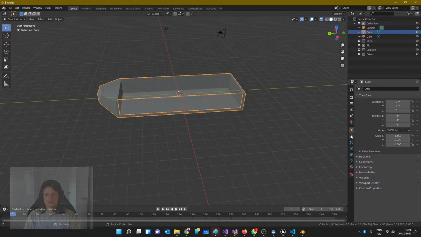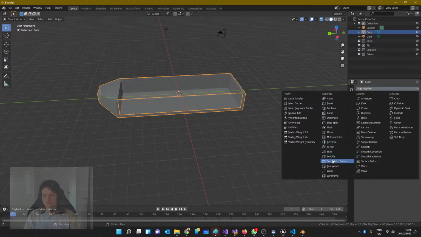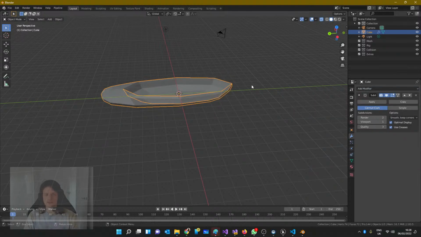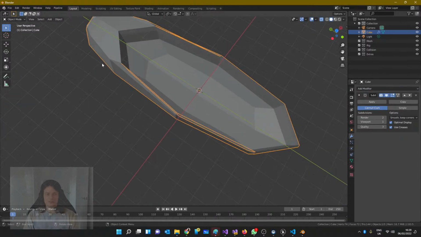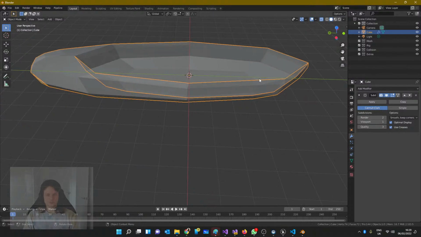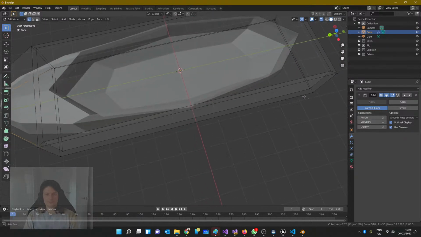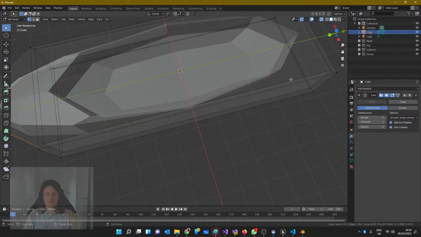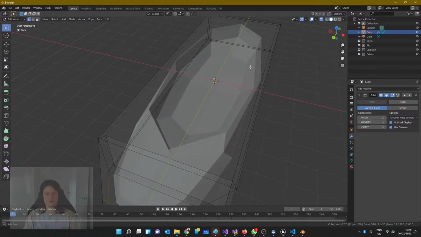What we'll do as well is we'll click on this little modifier button here, whilst this is selected in object mode, and we'll click subdivision surface, and it'll look a bit like that. And then what we can do is we can go back into edit mode, and we can add some creases here. So I think first things first,